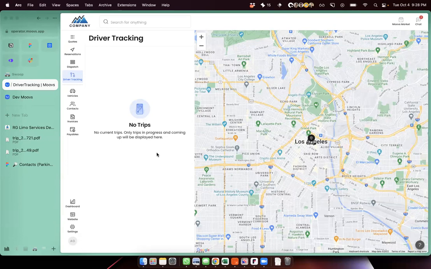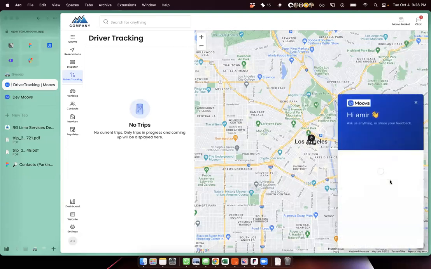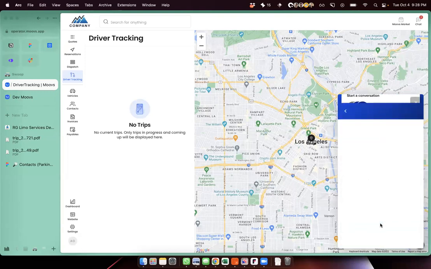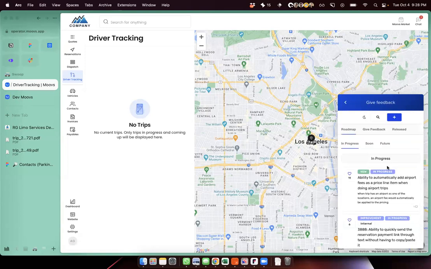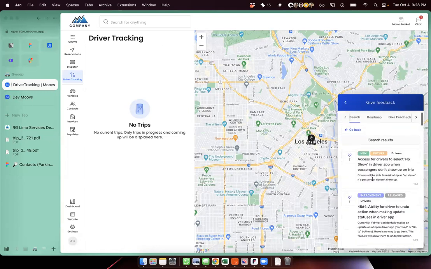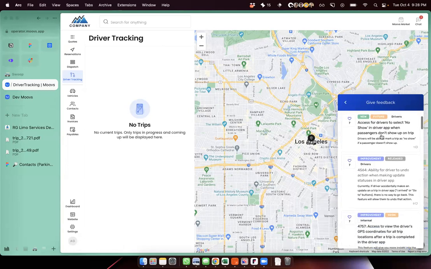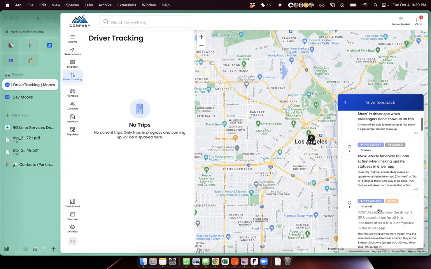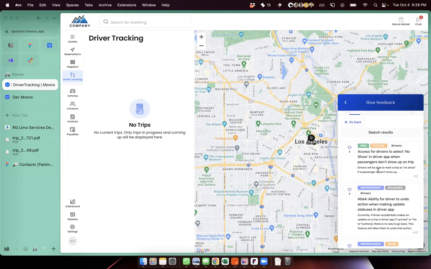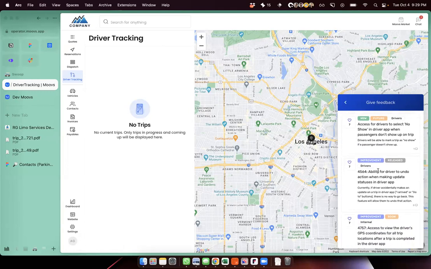What I would recommend is to take a look at our product roadmap that's available through our chat widget here. Through our chat widget, you'll see down here that we have a public roadmap. This is an example of a feature request; if it's not already on here, try searching driver. I haven't looked at this today, so I would just go into here. You'll get to search our features and see where they're at and what's coming soon on our product roadmap.